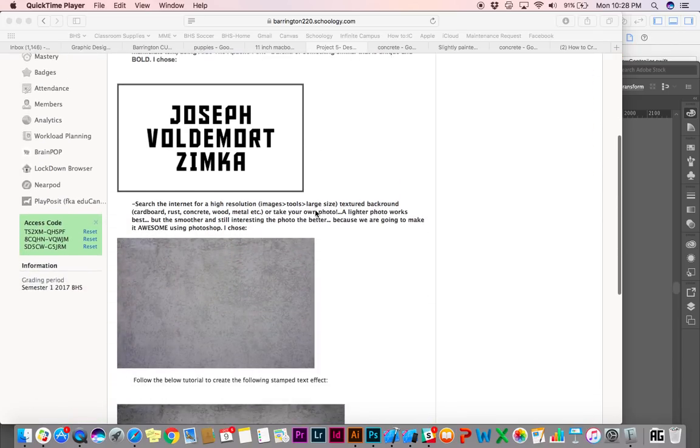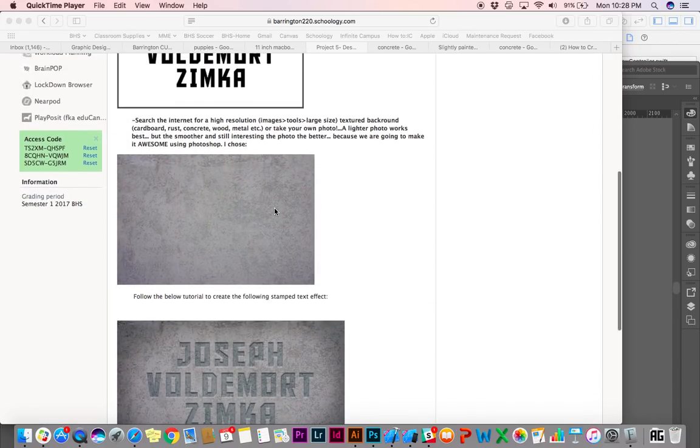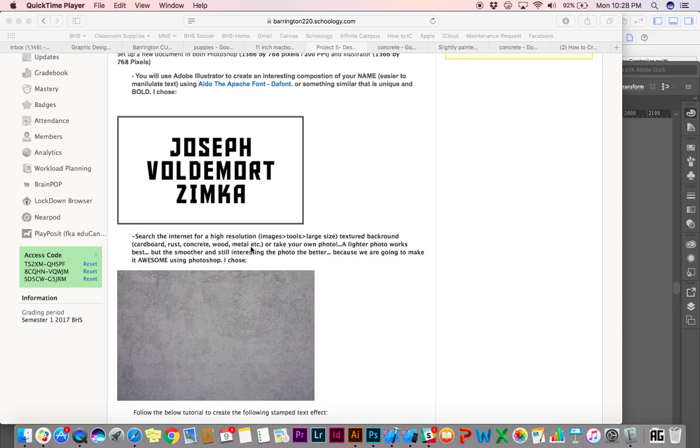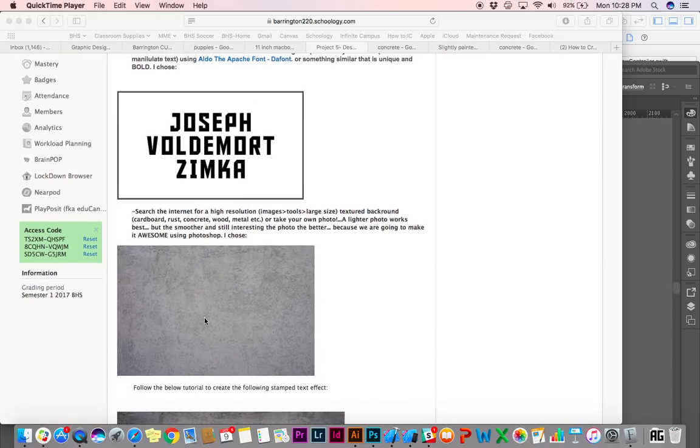All right, so first things first, we talked about high resolution imagery. So I say here you're going to find a nice but smooth, preferably lighter color, textured background: cardboard, rust, concrete, wood, metal, or you can even take your own photo. A lighter photo works best, but the smoother and still interesting the photo, the better, because we're going to make it awesome using Photoshop. So my middle name is Voldemort, so I chose Joseph Voldemort Zimka, and I chose this background